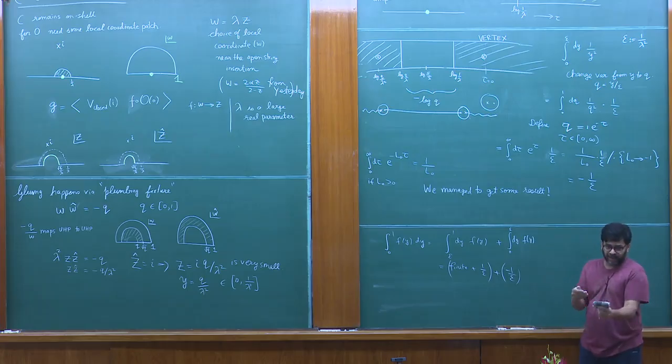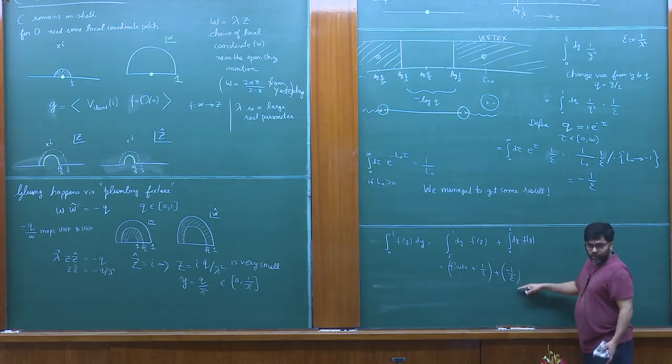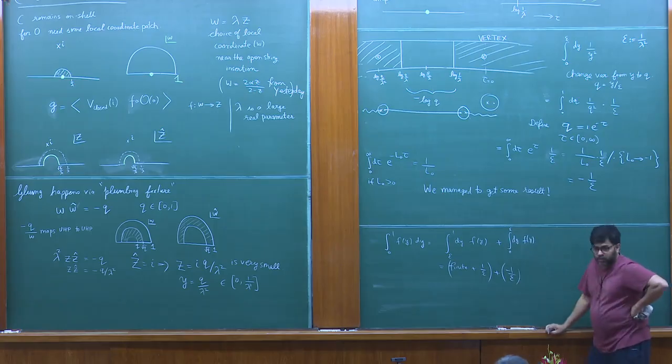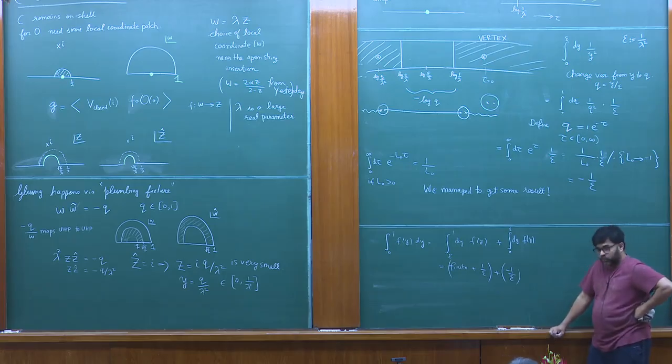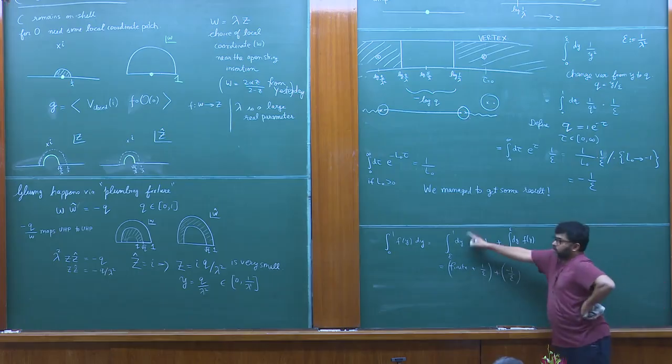So if epsilon was really finite, you would really need to do this whole integral carefully. It will not just be minus 1 over epsilon anymore. If epsilon was 1/3, the way I was thinking of this is that you fix epsilon to whatever, and then you write an answer which is the sum over infinitely many states, each of which will have some contribution coming from the propagation. And the other piece from epsilon to 1